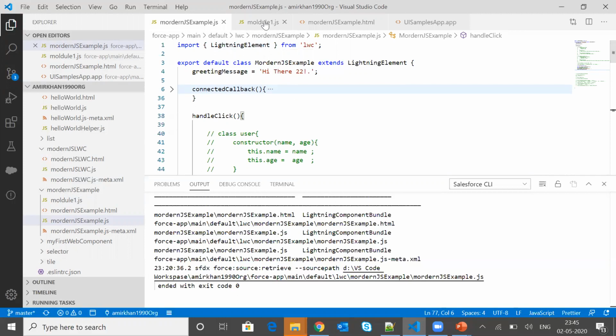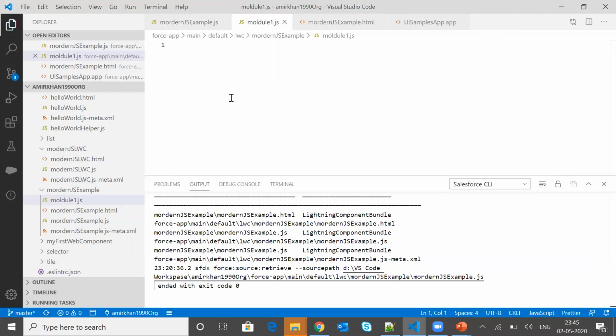In order to write the method and export it in the module, we have to use the keyword export, then function, then the name of the function.